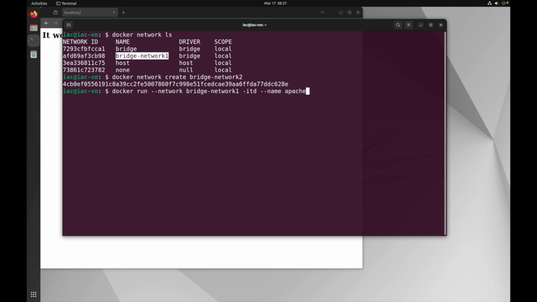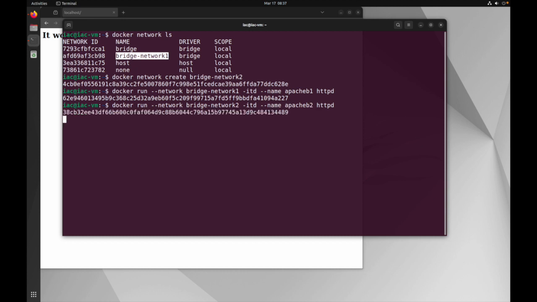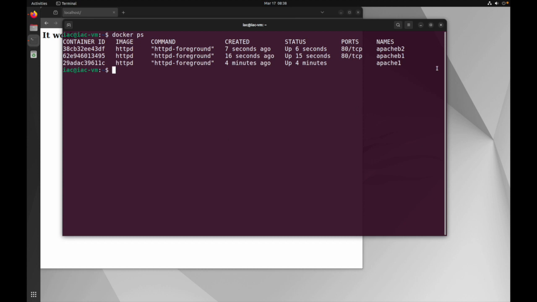Apache bridge 1 and httpd, and the same command I'm going to use for the bridge network 2 and it's Apache b2. So now if I inspect these two containers and try to find the IPs,